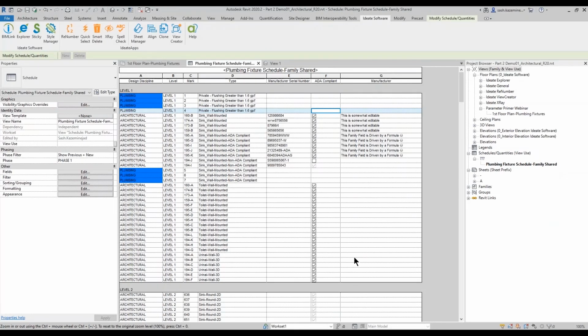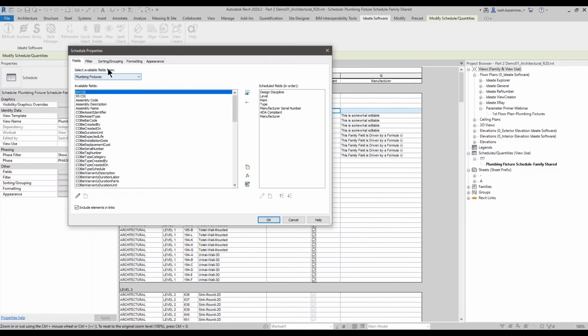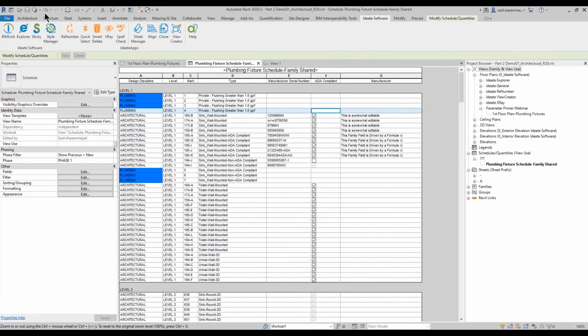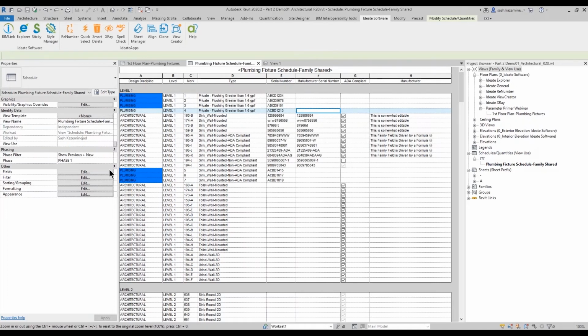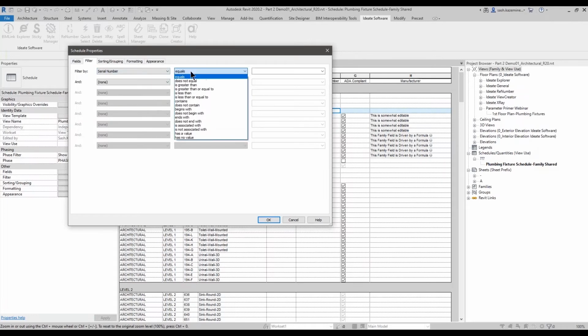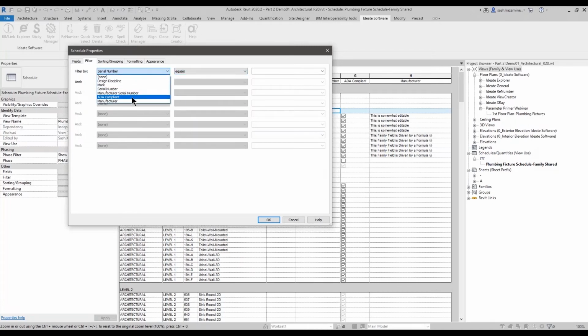Okay, so let's see if we can figure that out. If you want to filter by that parameter, I believe what has to happen in this particular example is under the filter tab, notice over here that I have the manufacturer serial number. Let me step back a moment and undo to get the serial number in here. If I come back over here, I can filter on that. One of the things you can do with a shared parameter, for example if I come to serial number, you can see the general information over here. If it's a shared parameter,